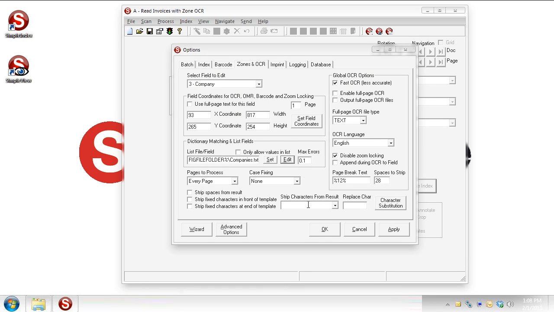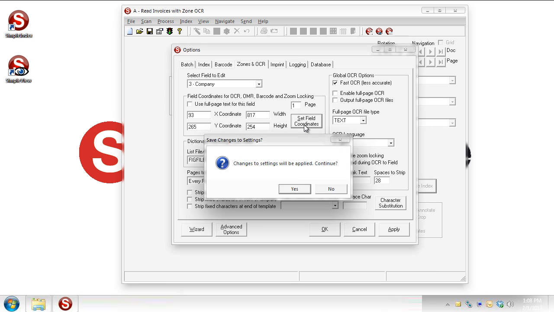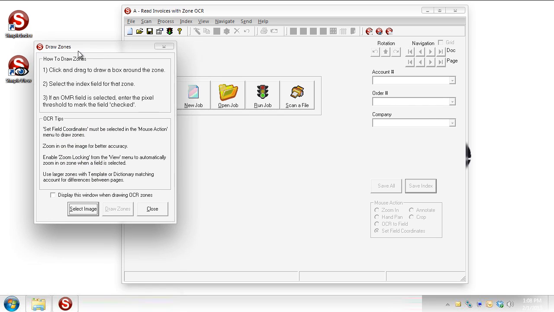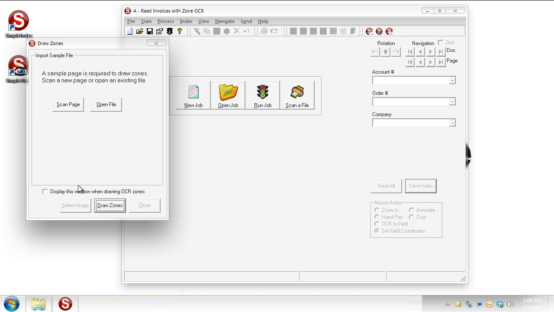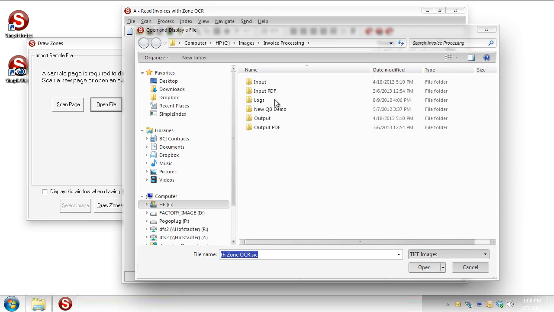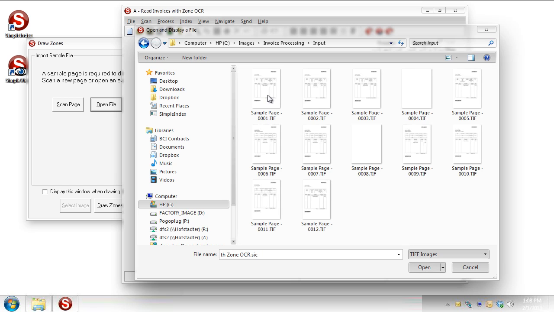So when we've got all that set up, we're ready to draw zones. And the way you can do that, there's actually a button for it right here, Set Field Coordinates. So we click on that, and it's going to ask us if we want to save our settings. Sure, we'll do that. And then this new panel comes up, giving me a couple of options here. I can just select an image that I want to work on, and I can either scan one in right now, or I can just open a file. In my case, I'm going to open the file, and we'll go into the input folder for this job, and we'll just choose the first page here, sample page,